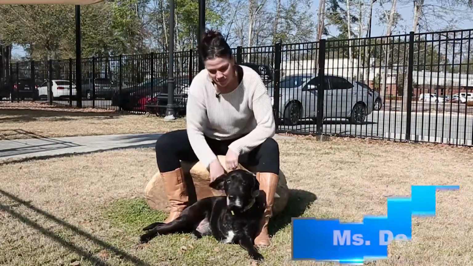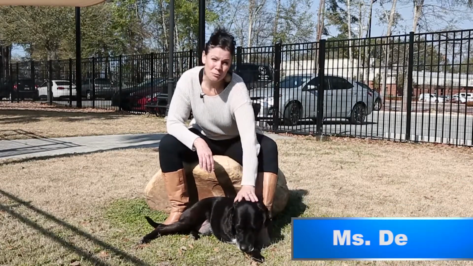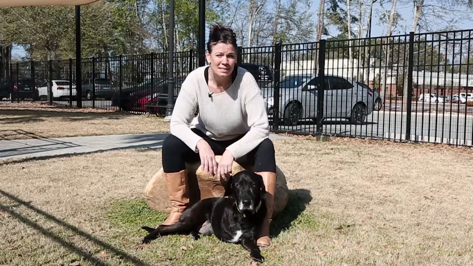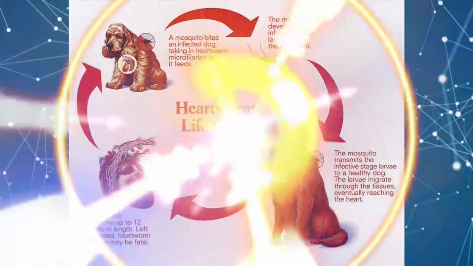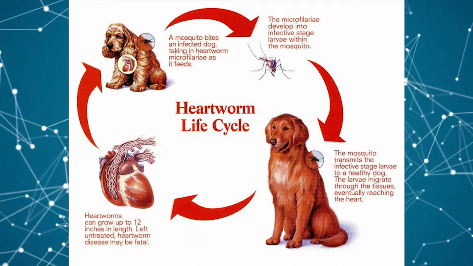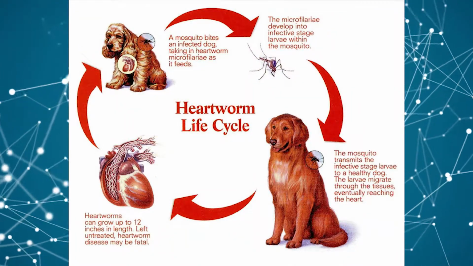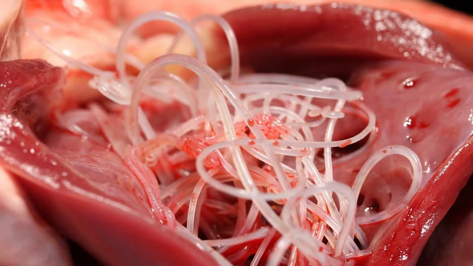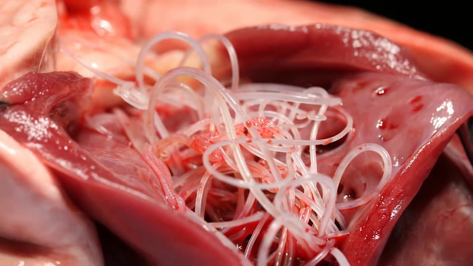This is Louie. Everyone who meets Louie feels sorry for him because he's missing a leg. They really should feel sorry for what they don't see inside of him. Louie has heartworms. Heartworms could kill a dog. Heartworm disease is carried by mosquitoes and is especially prevalent in areas with warm, moist climates like the South. Animals that are infected will eventually die from the disease if it is not treated.